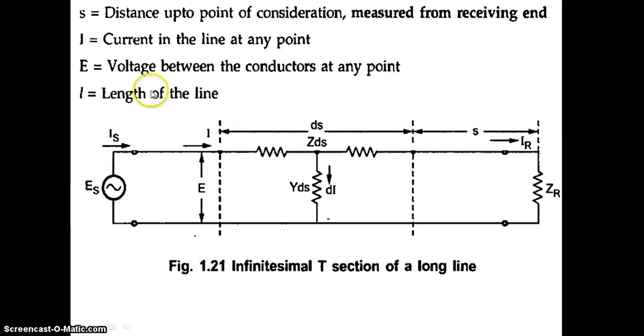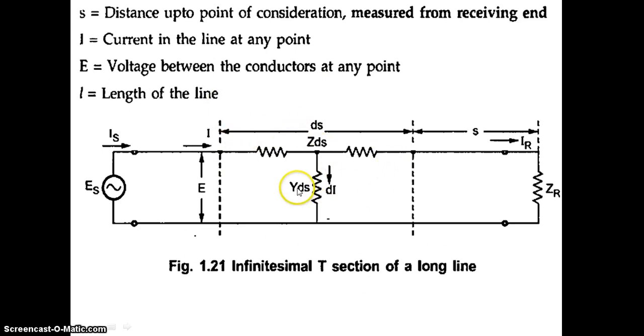Considering these parameters, also let S equal the distance up to the point of consideration, measured from the receiving end. I is the current in the line at any point, and E is the voltage between the conductors at any point. We have to find these two, that is, the voltage and the current at any point. Okay. So this shows an infinitesimal T section, a small T section of